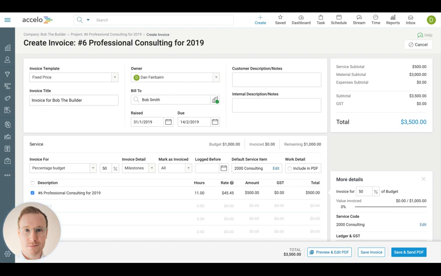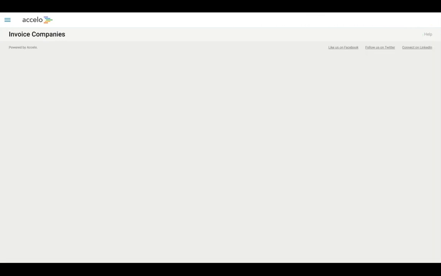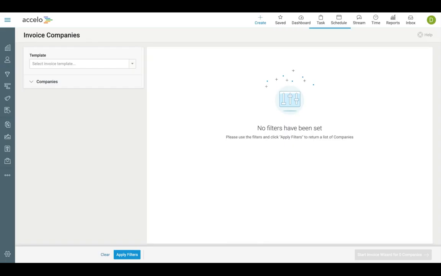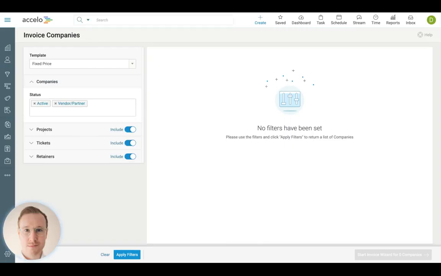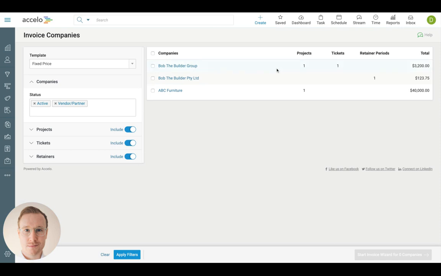So another thing to be aware of, I said there's many ways of actually invoicing in Accelo. Many areas you can go to invoice. This has been invoicing from a project, but another thing you can do is you can do invoicing runs, and that can be done via the company billing option found here in reports. And what this enables you to do, especially if you have scenarios where you have lots of different work items associated to single clients, is you can actually produce all the actual